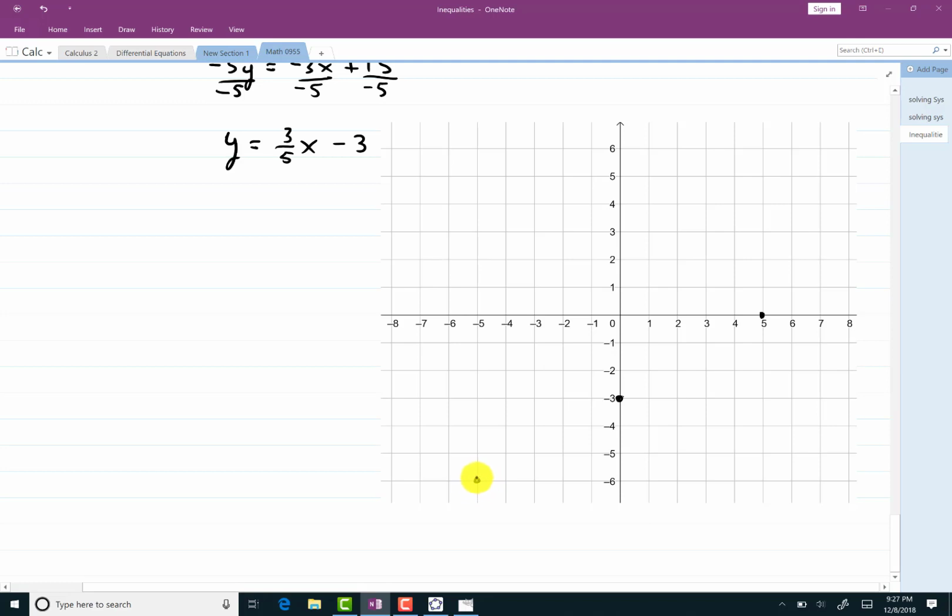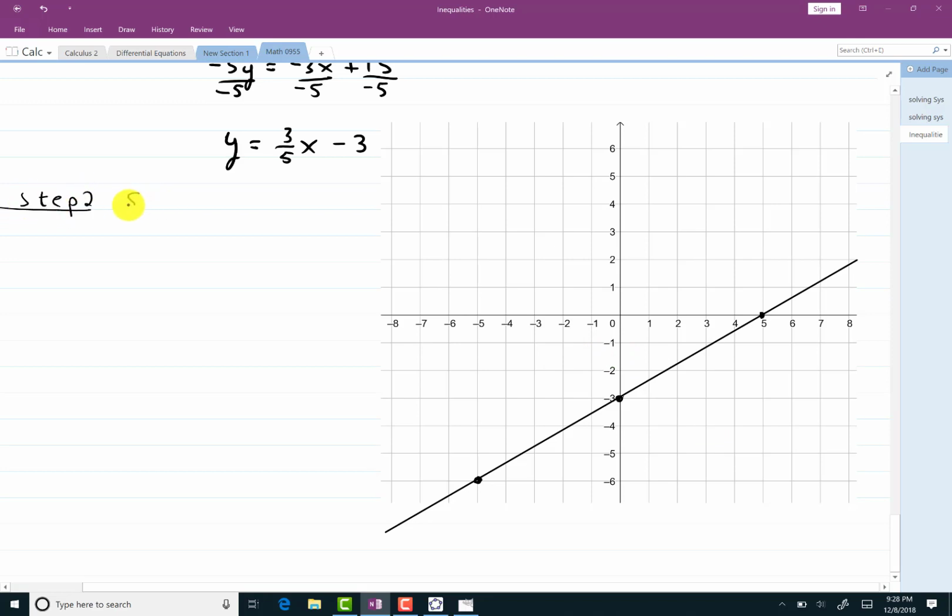And then I'll go ahead and put a line connecting those 3 dots. So I've got my line. Now, like before, we're going to have an infinite number of solutions. What's going to happen is this. We're either going to have solutions that are all above the line or all below the line. I have to determine which it's going to be. It's only going to be one or the other, all above or all below. I have to decide. So when we go back to the inequality,